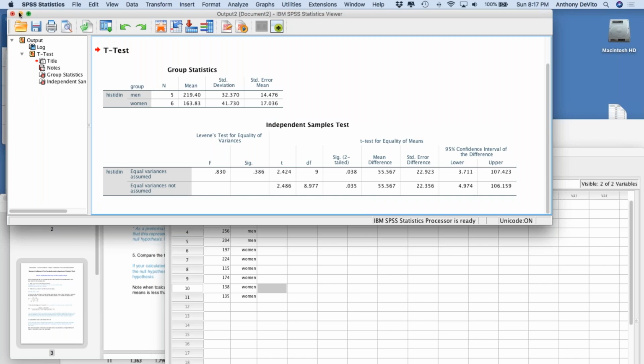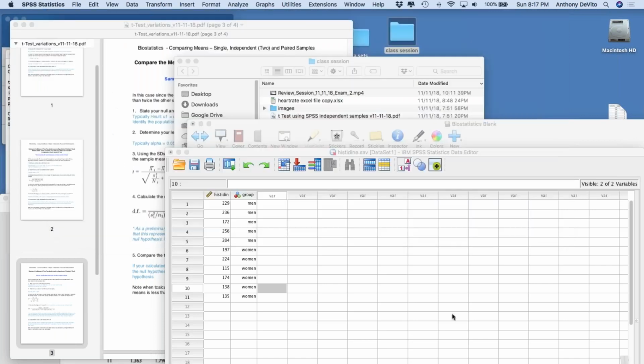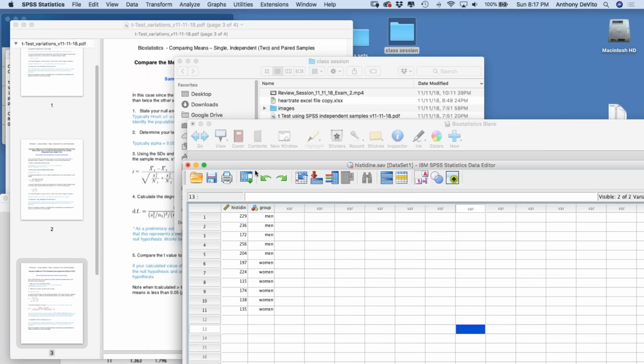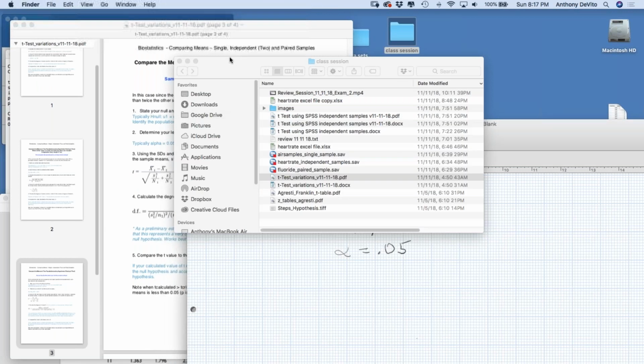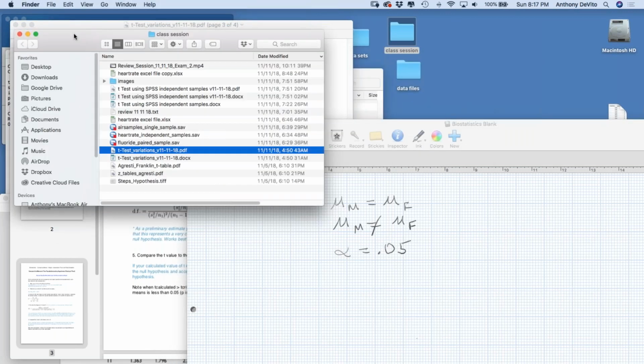Now, paired samples is another story. Paired samples are a situation where we might be having someone take a test, a physical, a measurement or something like that, where we're taking measurements from the same subject, say before and after some intervention. So what would that look like? So for a, let's see,